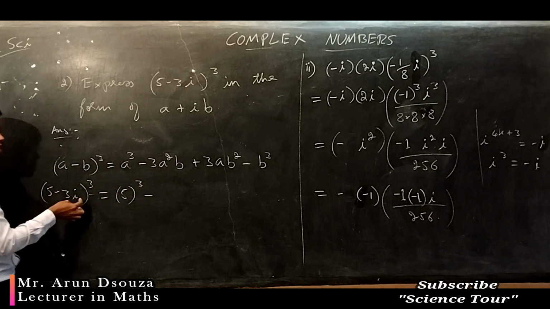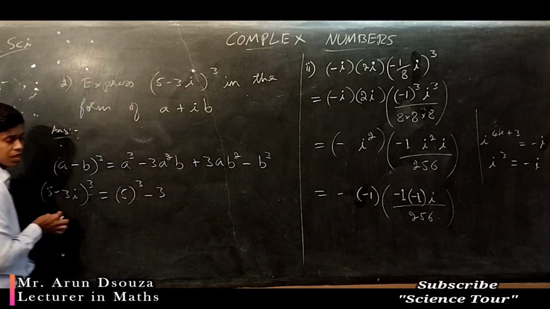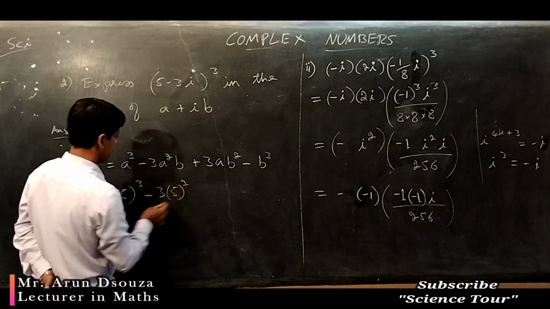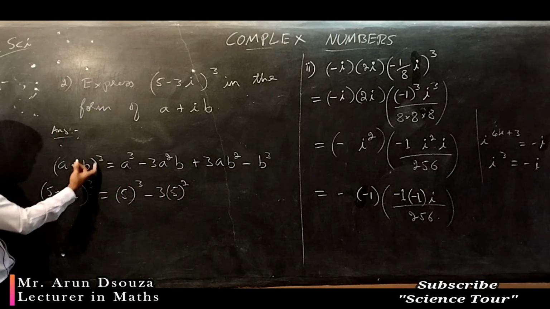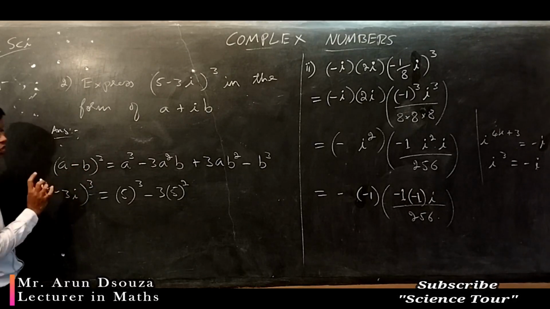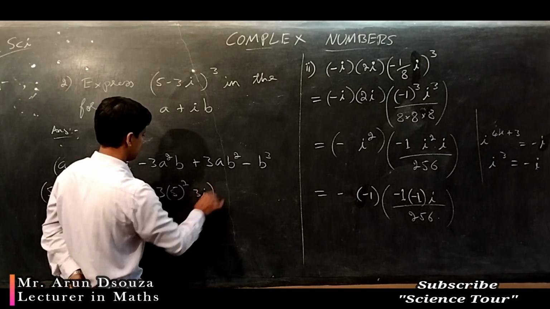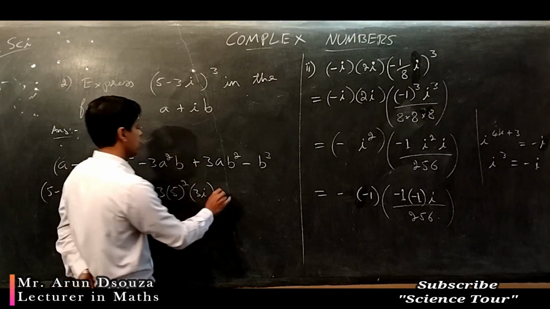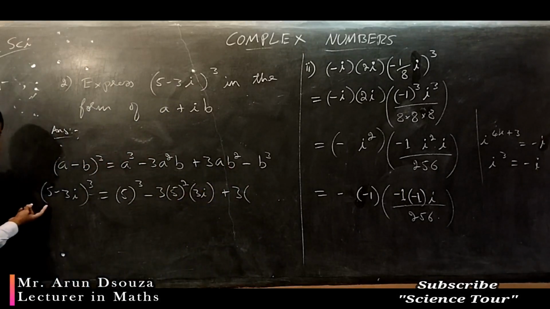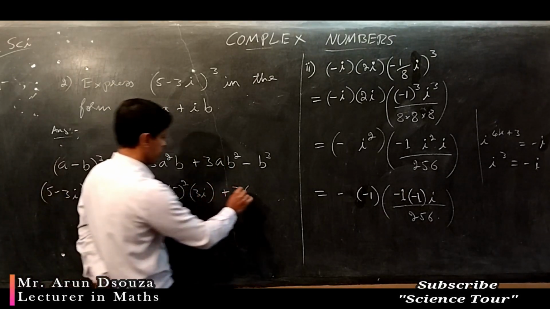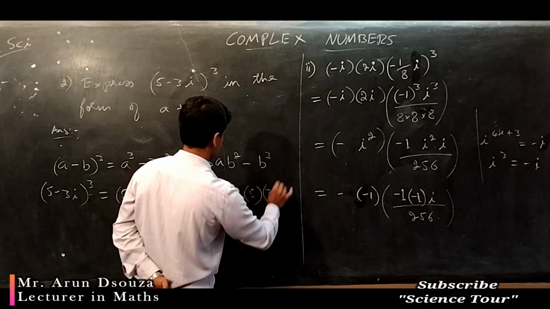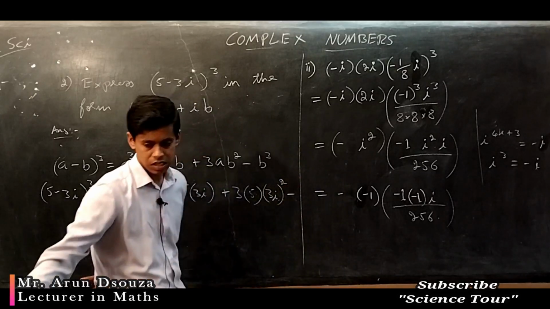Minus 3, then a square is 5 square, and then in place of b you have 3i, don't write minus 3i, okay, in place of b you have 3i, plus next again 3, a is 5, and then b square, that is 3i whole square, and then minus